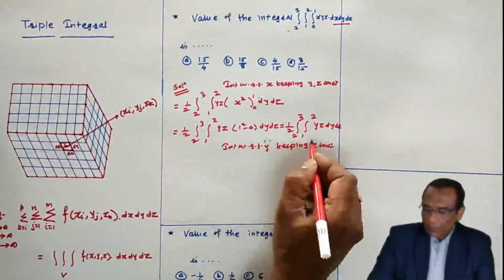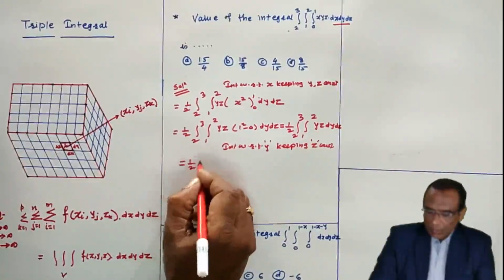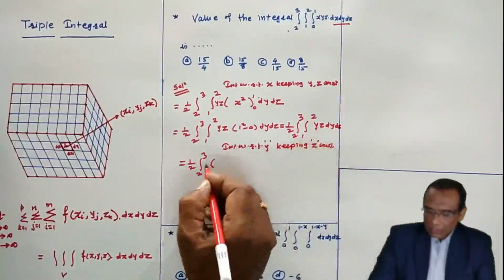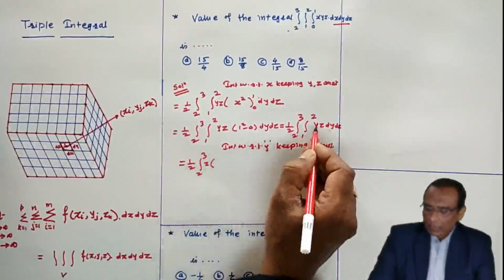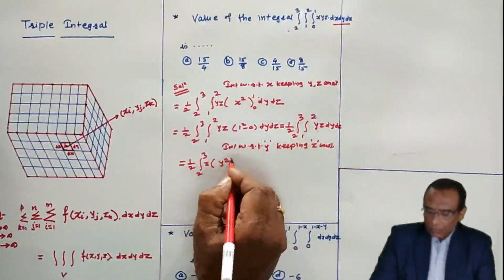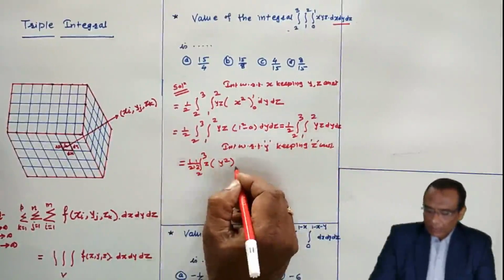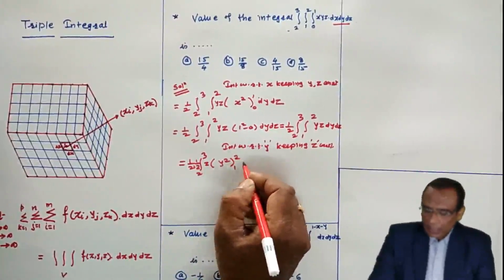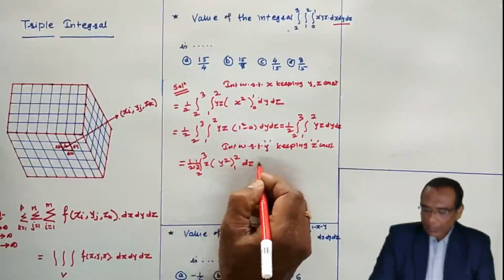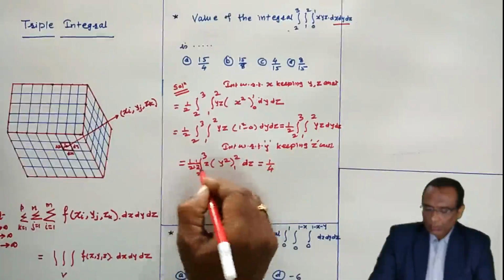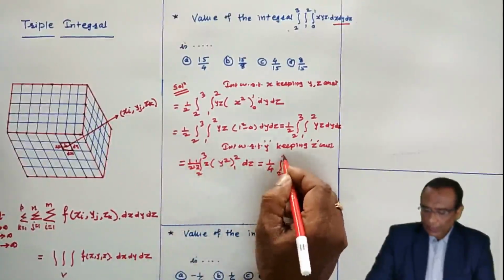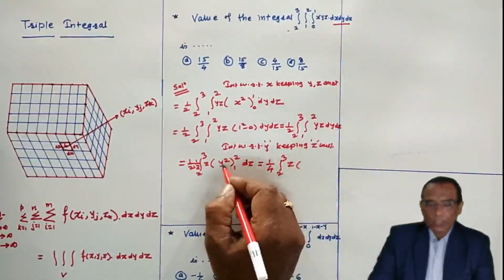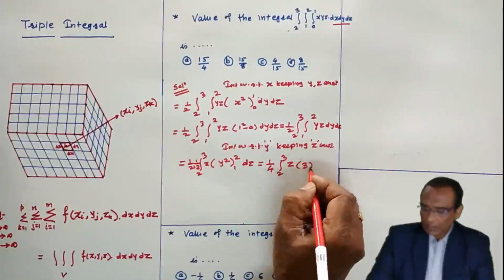If you integrate with respect to y, keeping z constant, 2 to 3 as it is, and since we are keeping z constant, you can write it outside of this bracket. The integral of y with respect to y is y square by 2. This 2 I have written outside. The lower limit is 1 and the upper limit is 2, and since we have integrated with respect to y, dy should not be carried forward, only dz will remain. 1 by 2 into 1 by 2 is 1 by 4, integral 2 to 3, z as it is. 2 square is 4, 4 minus 1 square is 4 minus 1, which is 3.